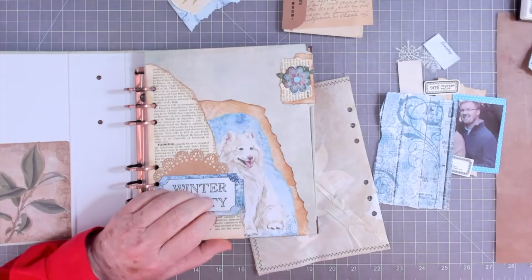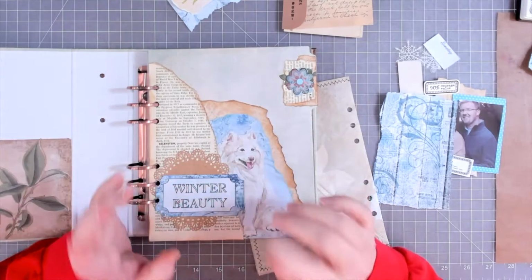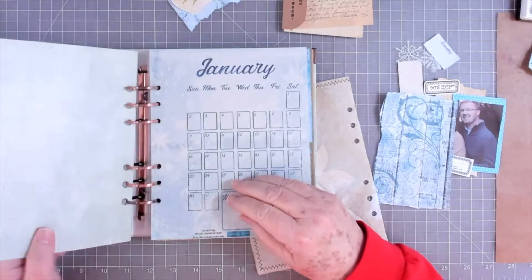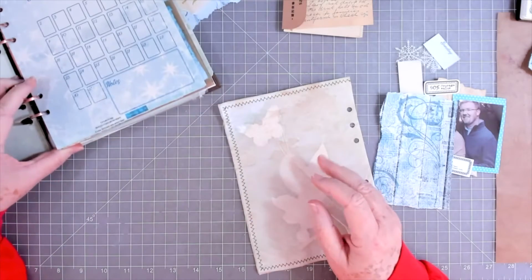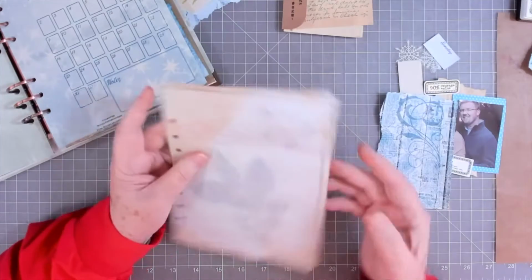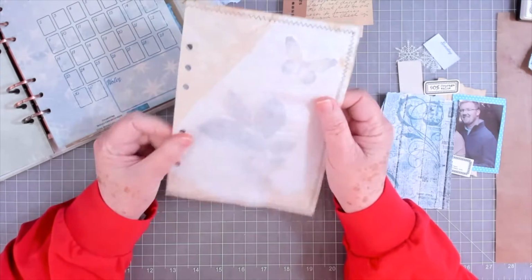I'm going to do a page for my son-in-law. His birthday was January the 2nd, and I didn't put him a page in here and I didn't include it, and I want to do that because he's very important to me. He is very important to my daughter and my grandchildren. So I have a piece of coffee dyed,